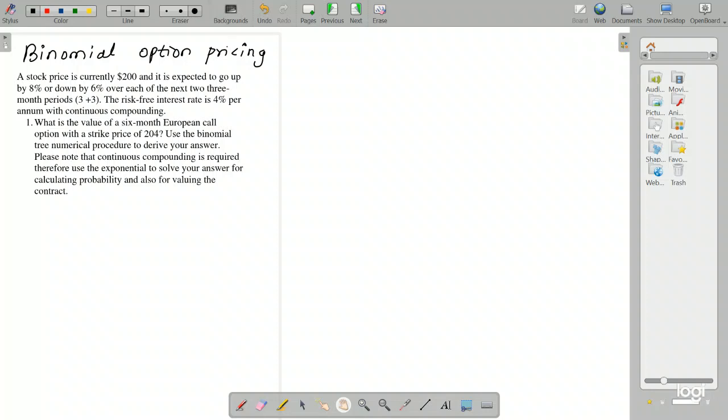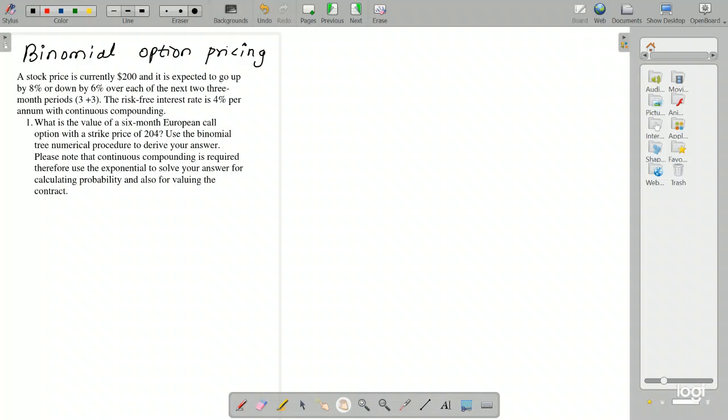Today we are going to learn about the multi-period binomial option pricing model, and with the help of one question we will be looking further into this and doing a step-by-step process, so that in case any one of you has some confusion, you can go back to the steps and come up with the correct answers, and are able to map yourself accordingly with the content that I'm going to teach today.